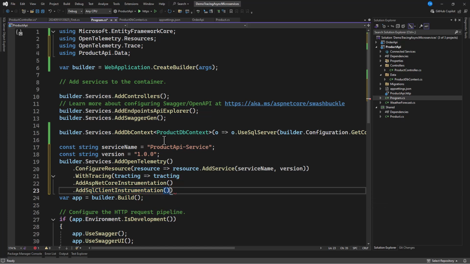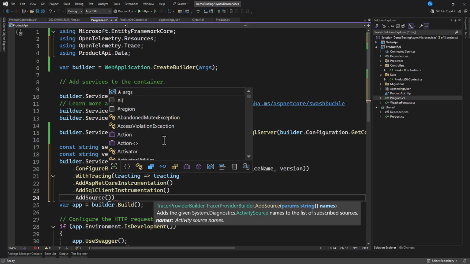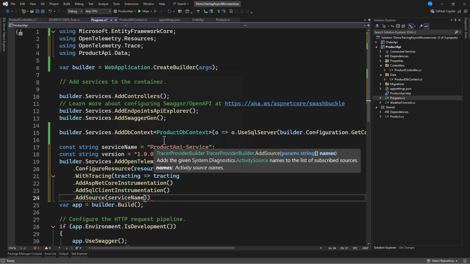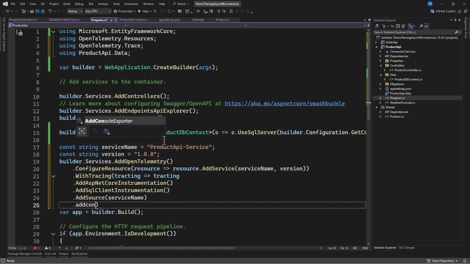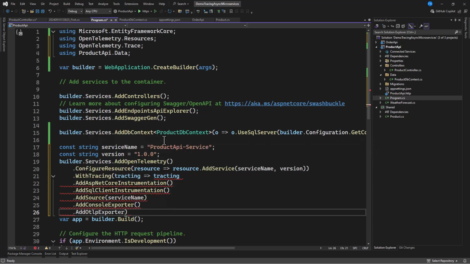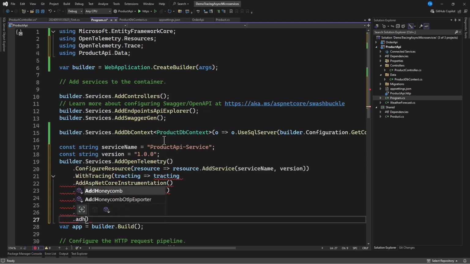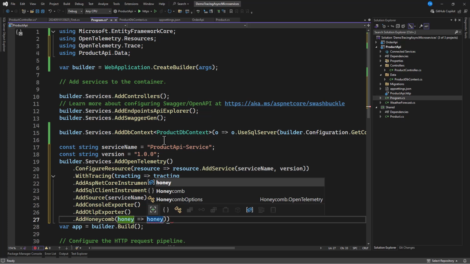Then let's add an SQL client instrumentation. Then let's add source. With this source, we need to specify our service name. And again, let's add console. Since we're going to export to the console, now in order for us to have access to Honeycomb, let's add the OTLP exporter. Then we can add Honeycomb. With this Honeycomb, we need to make some configuration. So I'm going to say this is honey. Now with this honey, we're going to,